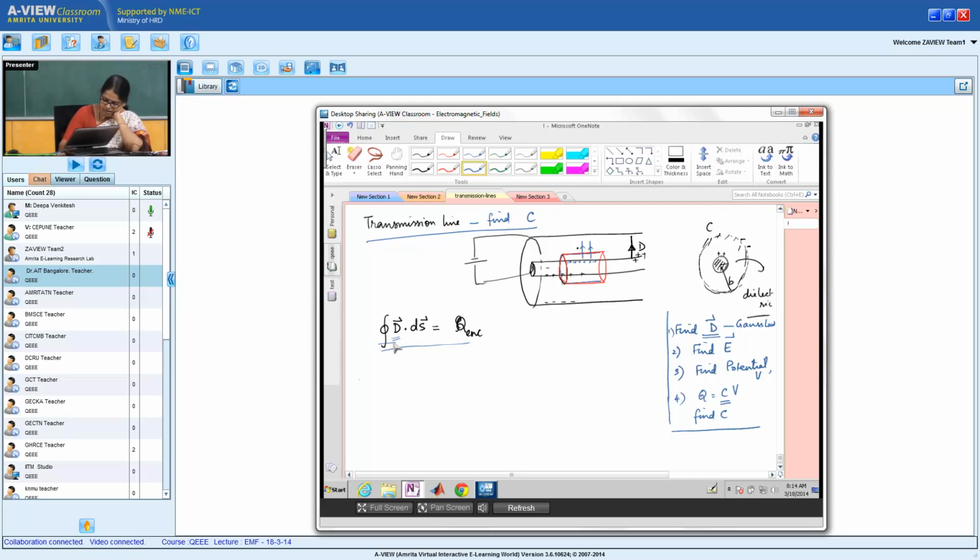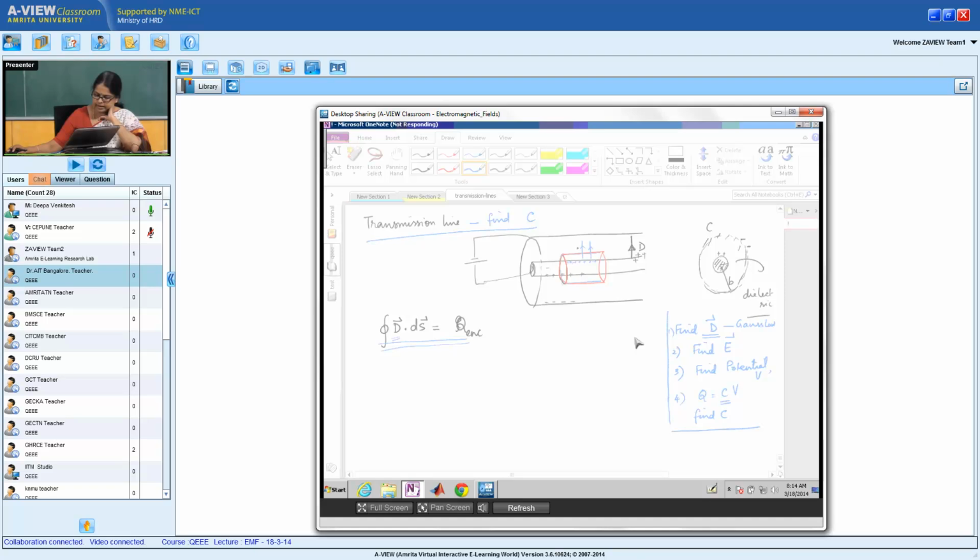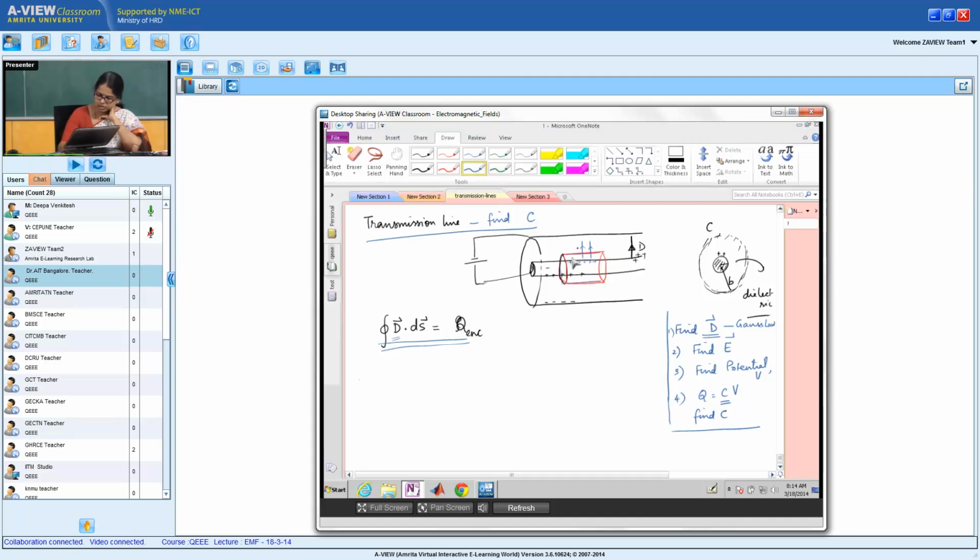So how do I use Gauss law now? I know that because this inner conductor is positive and the outer conductor is negative, I have an electric field and hence a flux which is pointing from the inner conductor to the outer conductor. So my D is radially outward,